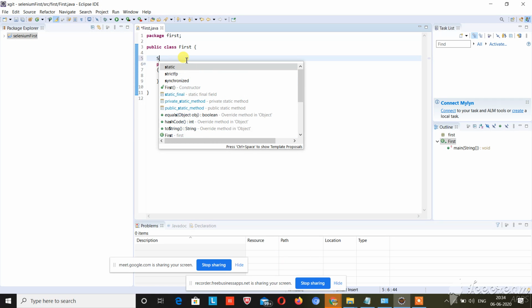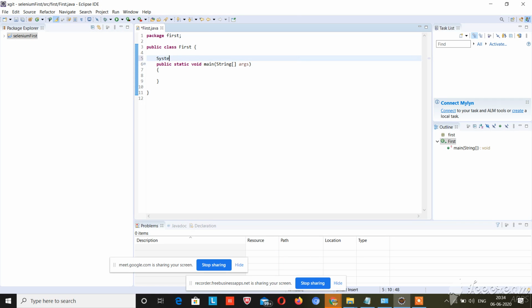So type system, don't ask what this system dot set property means. I will explain these things from tomorrow. Dot set, so my system is hanging.